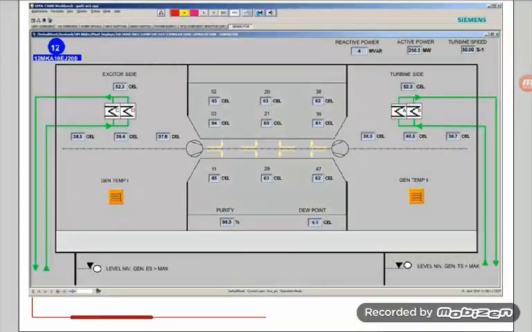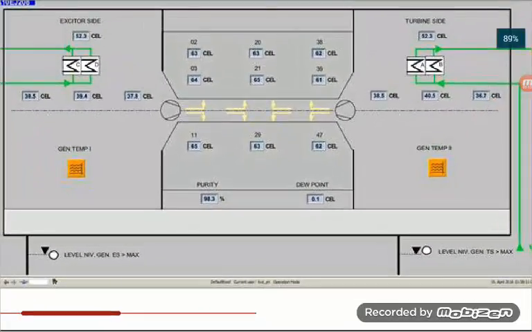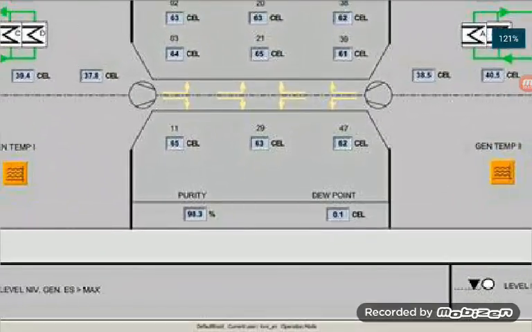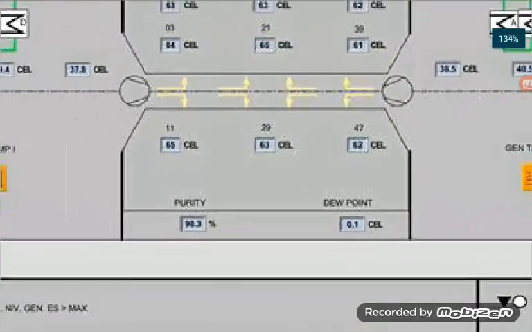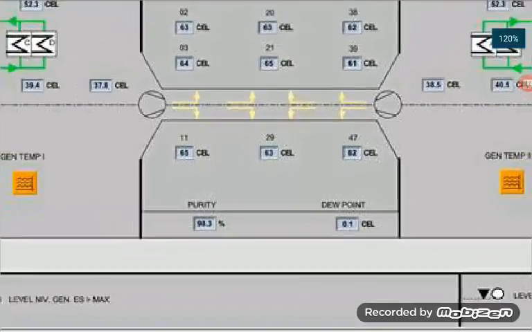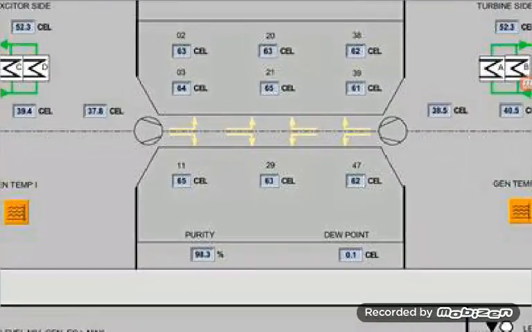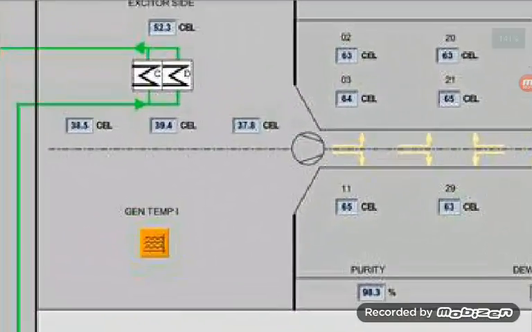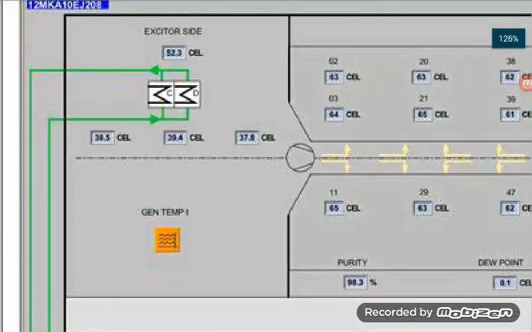These pictures also. This is the casing of your generator. Here you can see these are the blades, the rotating blades symbolized by a fan, on the one side and on the other side. Here the yellow arrows are the hydrogen. And here you can see some temperatures, winding temperatures. Here you can see the water cycle with the cooler here. Water coming in, cooling down the hydrogen and going back. And also for the